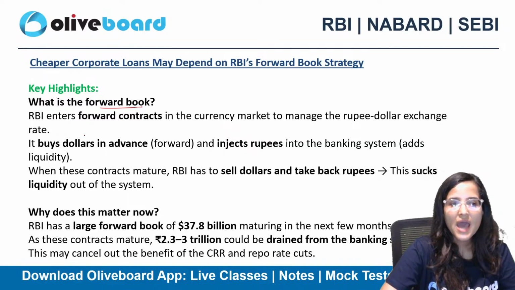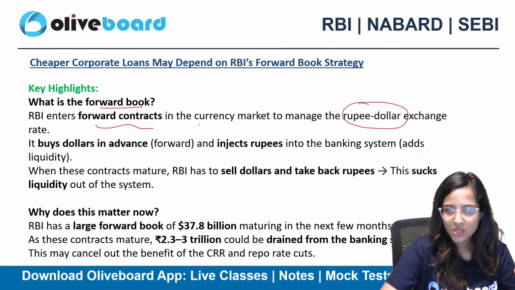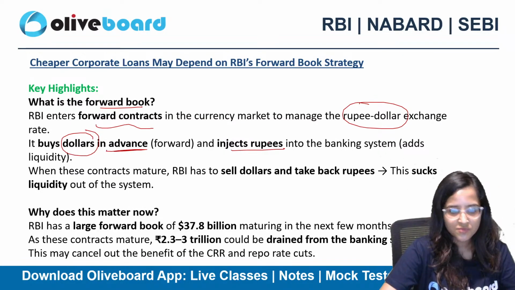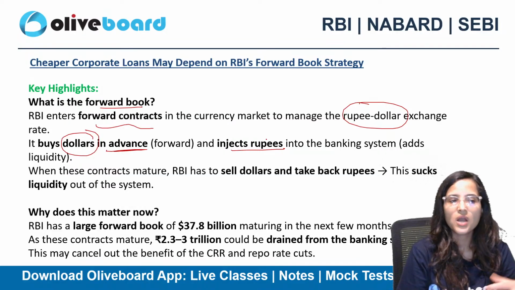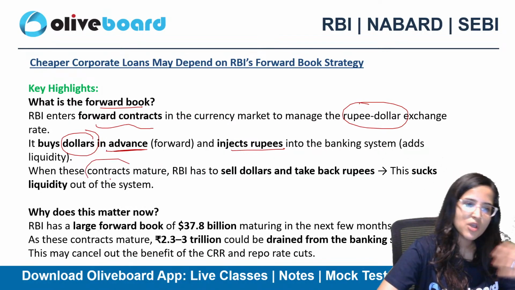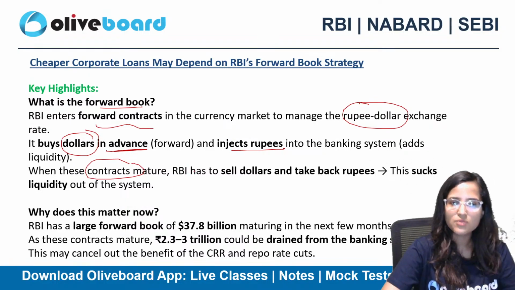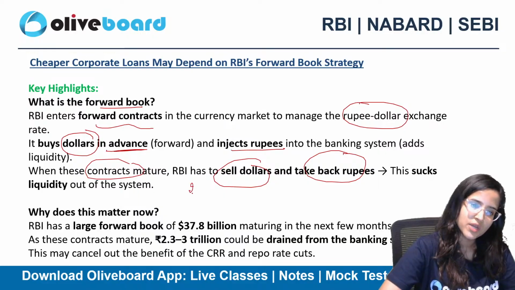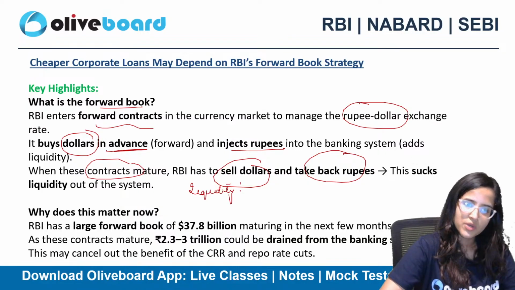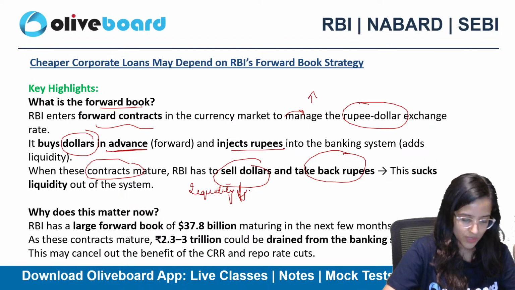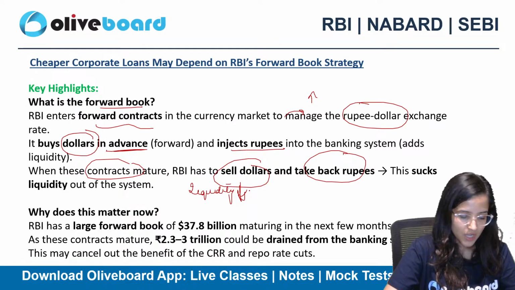So forward book क्या है, RBI enters forward contracts in the currency market to manage the rupee dollar exchange rate. It buys dollars in advance and injects rupees into the banking system, just like I told you that right now I'm going to buy dollars and inject rupees. और जब ये कॉन्ट्रैक्ट्स मेच्योर हो जाएंगे, खत्म हो जाएंगे, then RBI has to sell dollars back and take back the rupees. That means इससे लिक्विडिटी कम होगी इकोनॉमी में, liquidity will reduce. एक तरफ we are trying to increase liquidity and दूसरी तरफ our liquidity will decrease if RBI gives that money